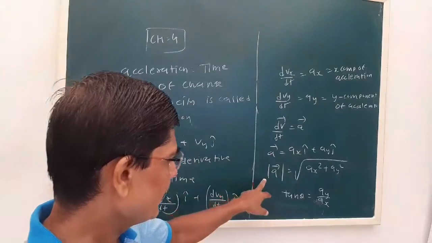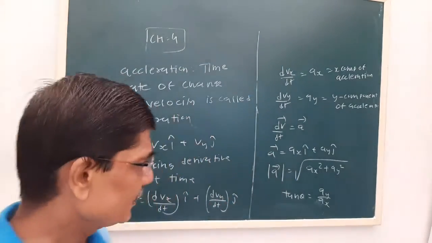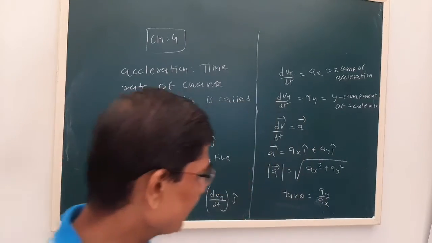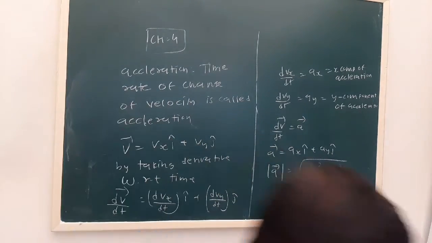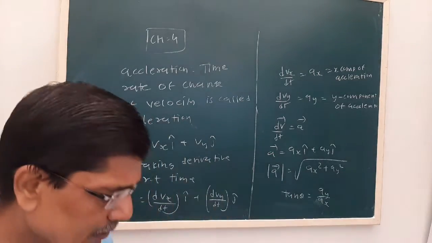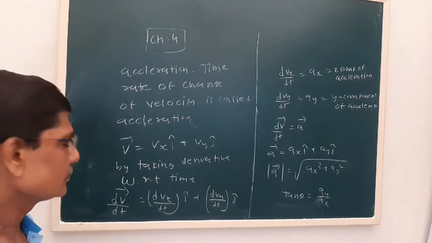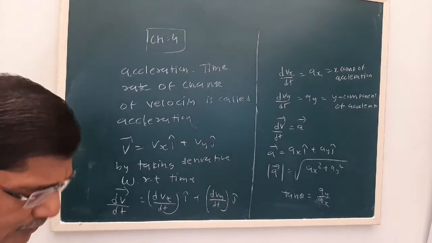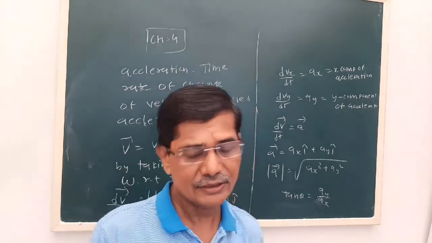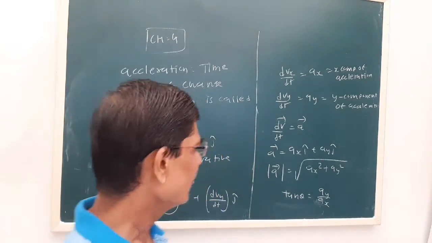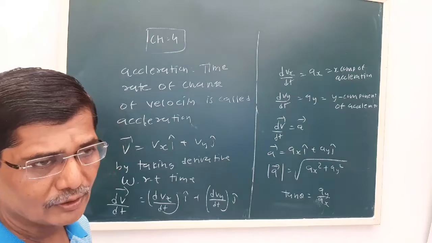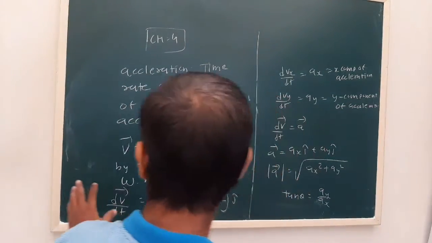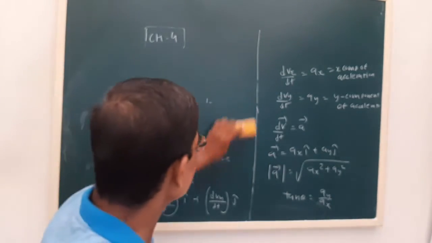We can write a. Now this will be the magnitude of the acceleration. A is equal to under root ax square plus ay square. The tan theta is ay upon ax. So this is how we can obtain the value of the average velocity and instantaneous acceleration. And if it is in terms of the simple components, that will be average acceleration. Now this is about the acceleration. Now we take an example based on this.